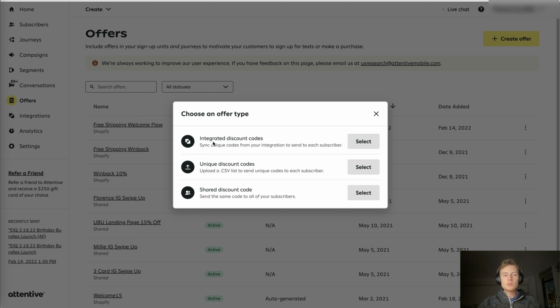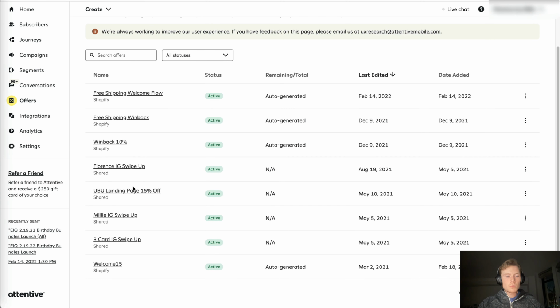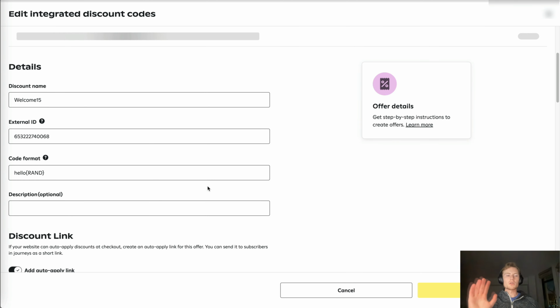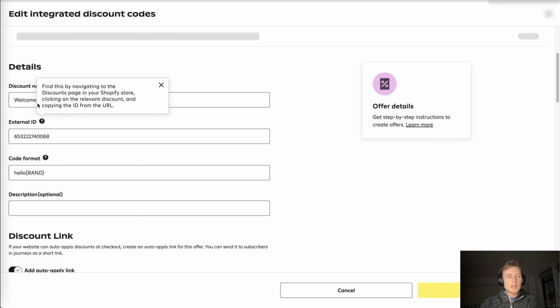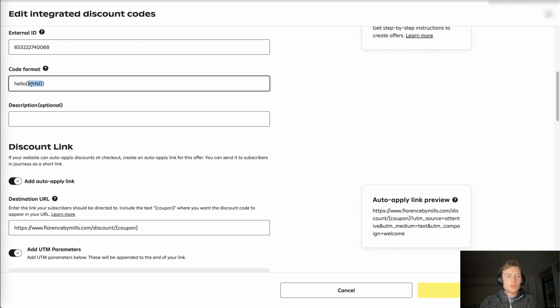Now, if you want to do unique codes and you're on Shopify, I'm going to pull up one that we've done in the past here for the welcome code. All you're going to do is, when you're setting it up, you're going to build the discount code in Shopify. And then you're going to pull from the URL, as it shows here, copy the ID from the URL. You're going to copy that Shopify ID URL and just drop it in here as the external ID. Then you're going to put in these brackets here, RAND, to show where the auto-generated code is going to be